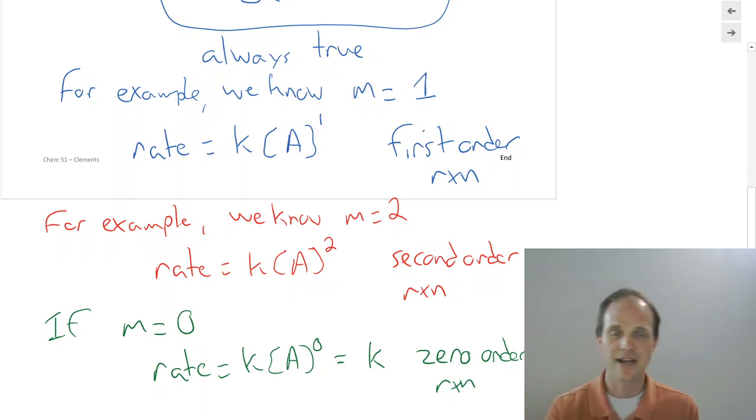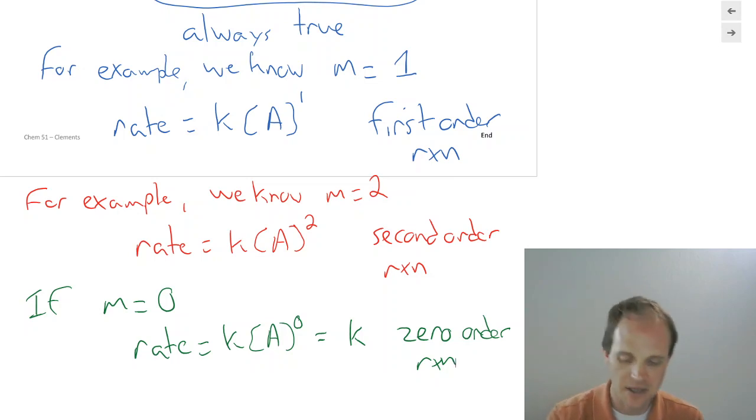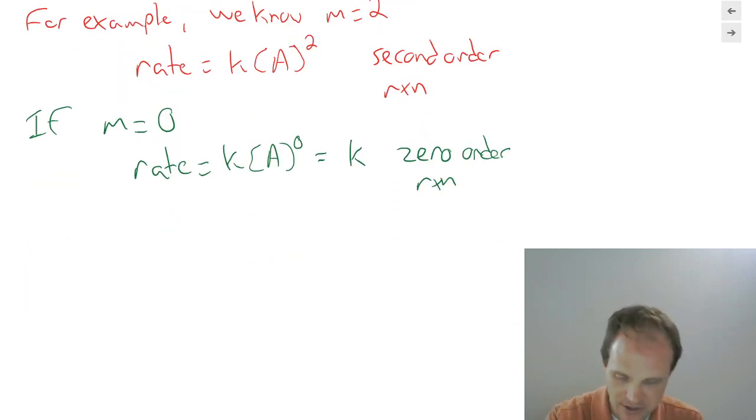So first order reaction means it is power 1, second order reaction power 2, and zero order reaction means power 0. But here we're talking very specifically about just A. We're saying it's first order in A is the language we use. But what if we had a more complicated reaction? What if we had a generic reaction,